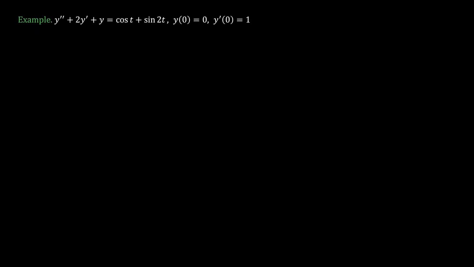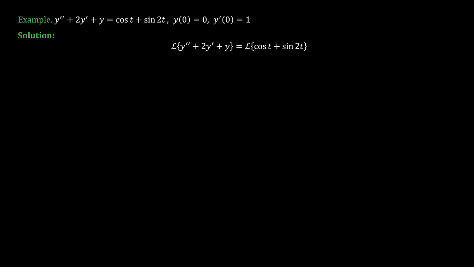Let's go for our second example now. We're going to be looking at this initial value problem, y double prime plus 2y prime plus y equals cosine of t plus sine of 2t, with the initial conditions y of 0 equals 0 and y prime of 0 equals 1. Well, first, just as we did before, we're going to apply the Laplace transform to both sides of